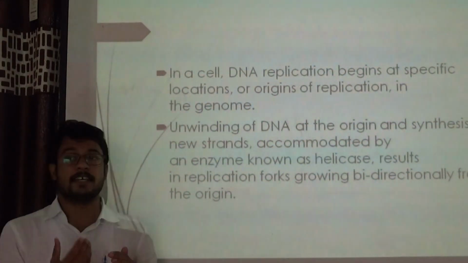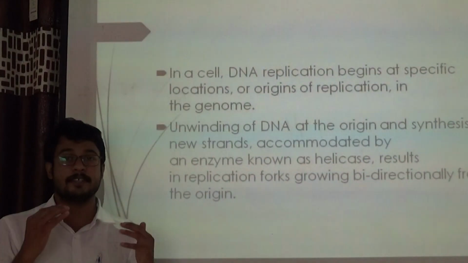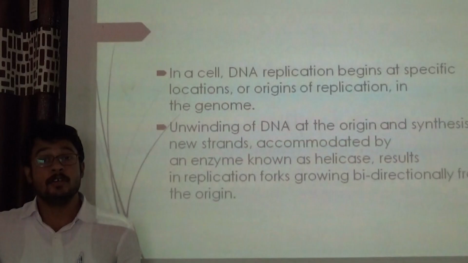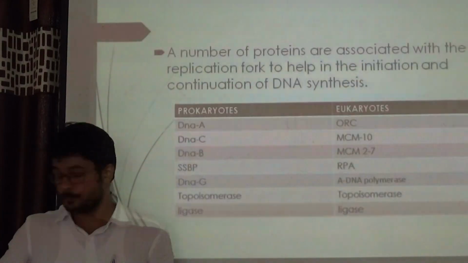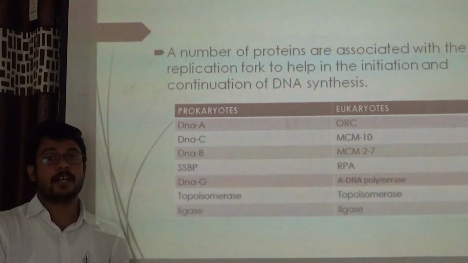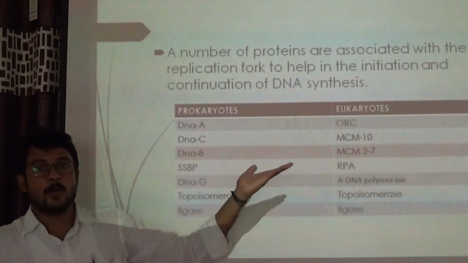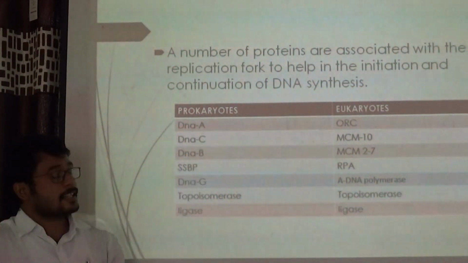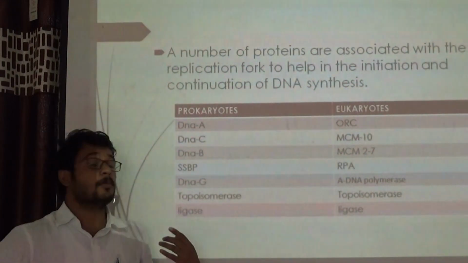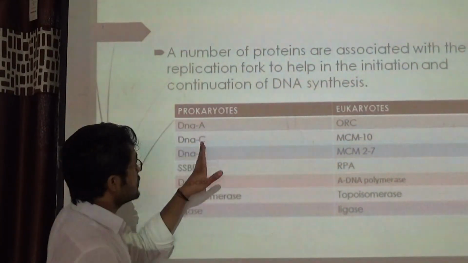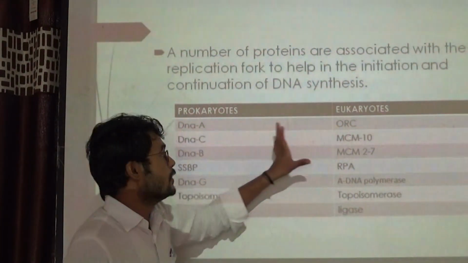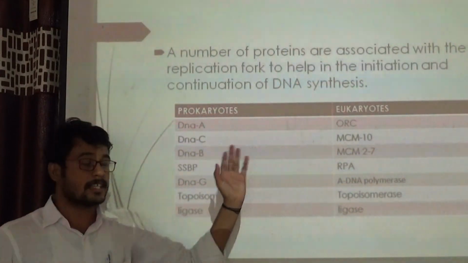We all know that there are replication machineries. Different enzymes work there, and they help replication proceed. Again, these are the protein machinery, and they work in both prokaryotes and eukaryotes. First one is the DNA protein. In the case of eukaryotes, they are homologs. These are the proteins that work in prokaryotes, and these are the proteins that work in eukaryotes. We can say these are homologs of each other.